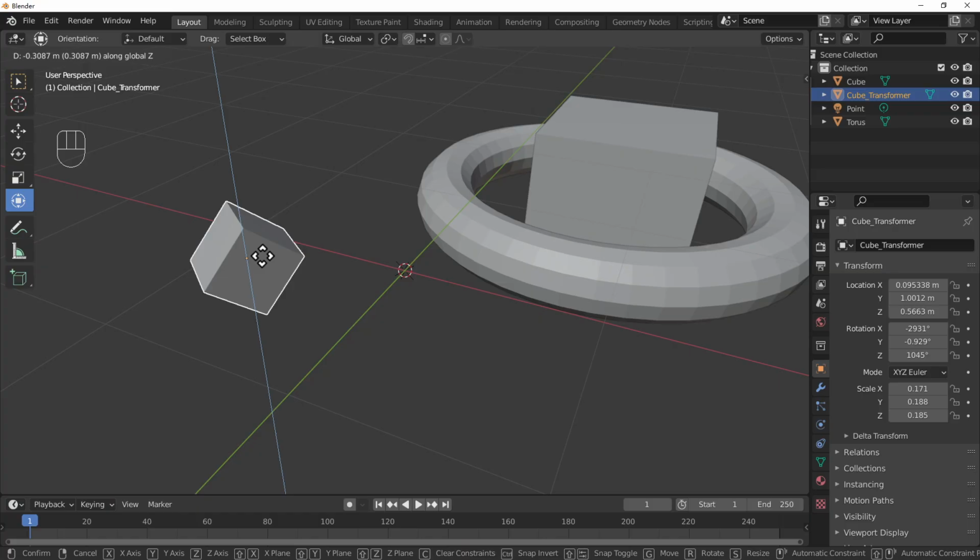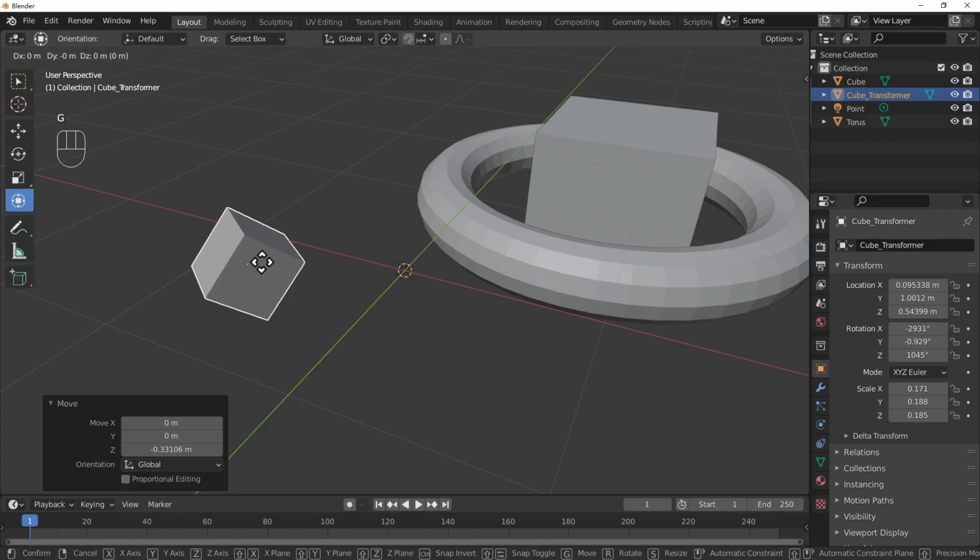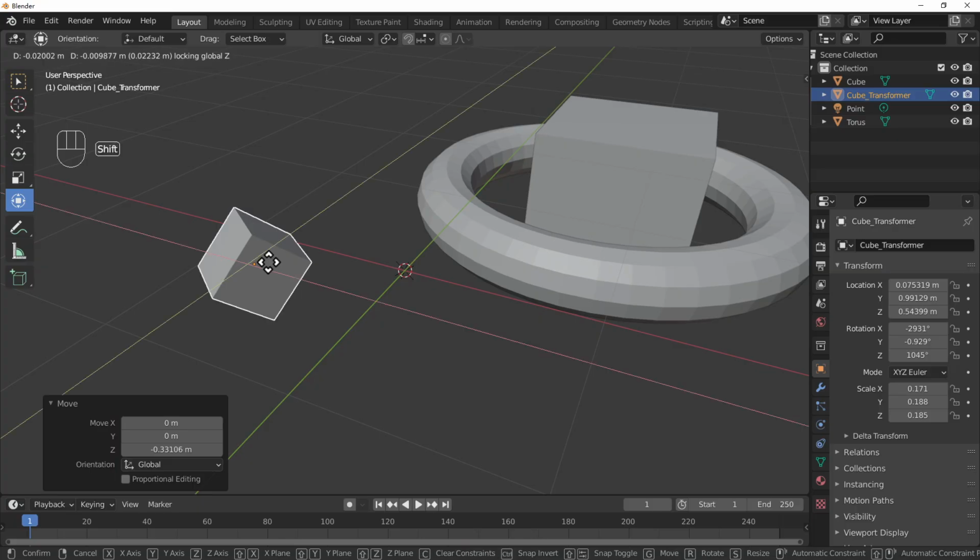And if you don't want this cube to move on the Z axis, you just want this cube to move on the X and Y axes, you can use Shift and Z, which specifies that you don't want this cube to move on the Z axis, and on the X and Y axes you can move freely. Right? Let's try that. First, you need to press G, and then you press Shift and Z, and you can